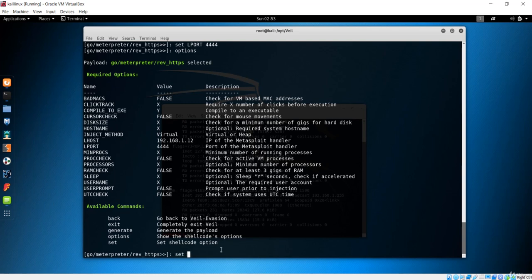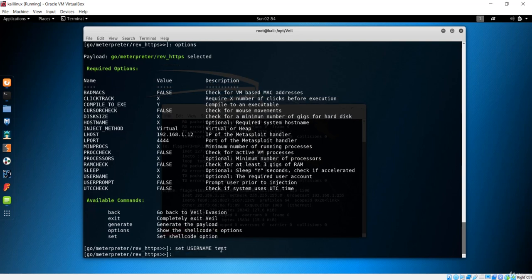Maybe I'll say set username, and the username maybe hacker. Hacker is a keyword that is going to be traced, so I'll just say test. You can do something like this because we want this payload to be different from others, because if you make a unique payload, it is not going to be traced or tracked by any antiviruses.